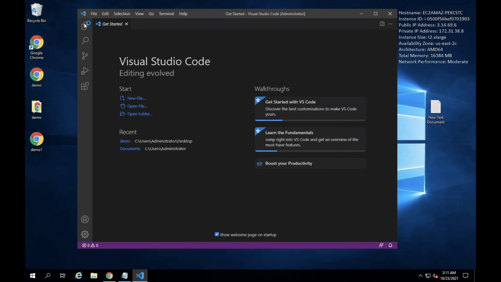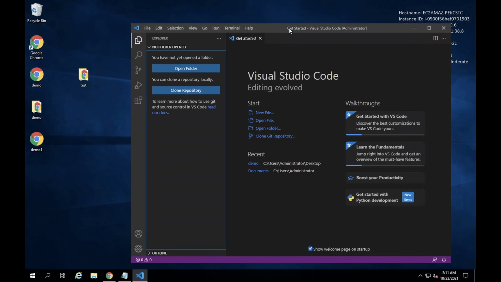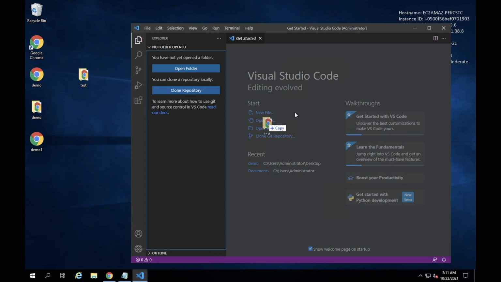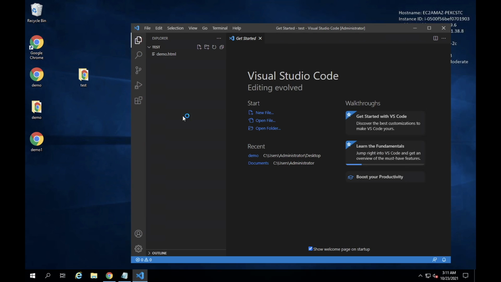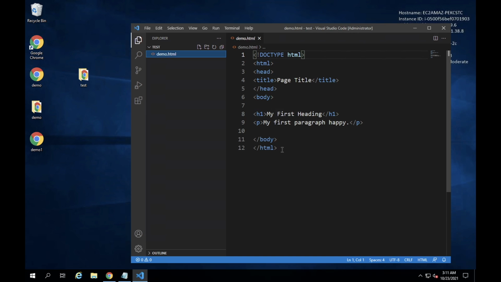Now I will open that folder. You can just simply drag and drop here. So it will automatically open that folder. Just close this one, and here you can click. So this is the sample code. If you want, I can also give it in our Discord server. You can check it out. So after that, we created a small folder. It's like a project.